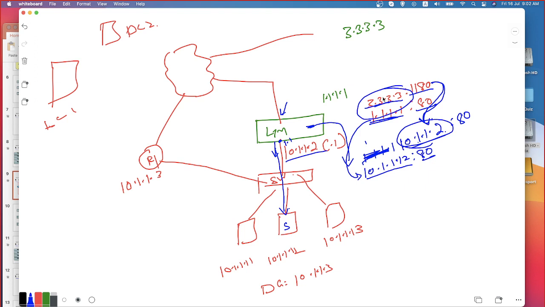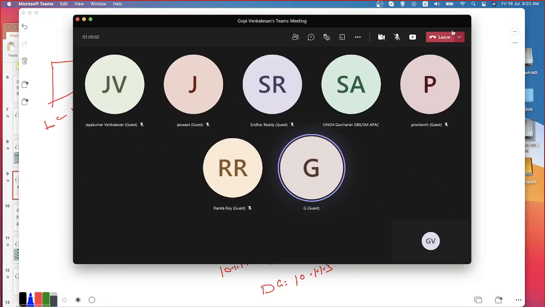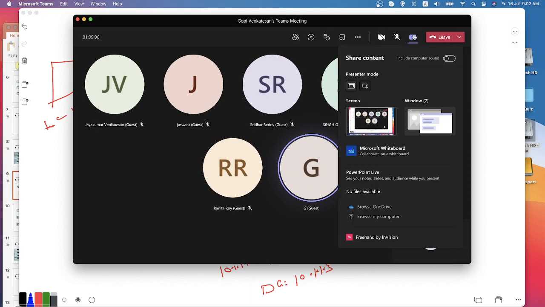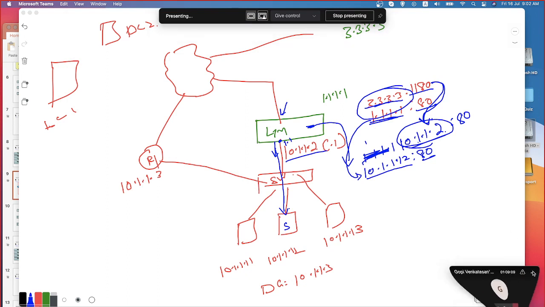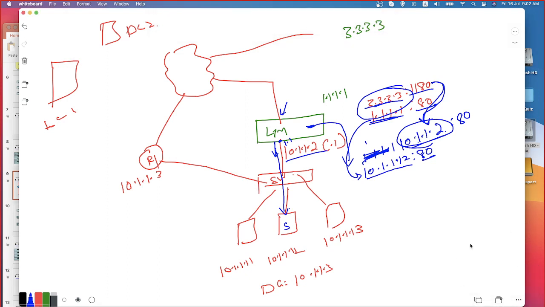Am I right or not? In this case, do I really need the default gateway to reach back 10.1.1.2? That's the question I was asking.